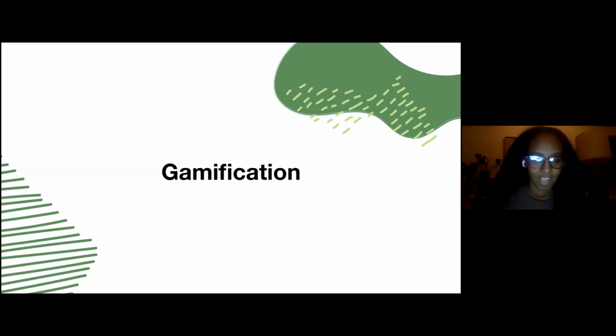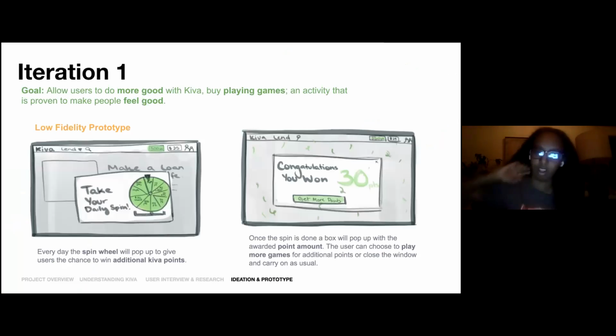So starting with gamification, me and Francis worked on this one. This is a prototype that I created for our first iteration. The goal was to help people feel good by doing good by playing games. I found some research that this was something that was already researched to make people feel good when